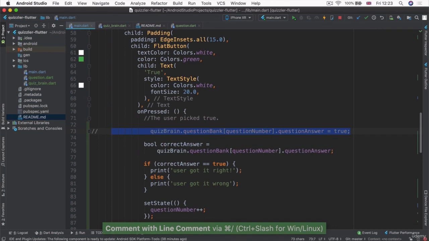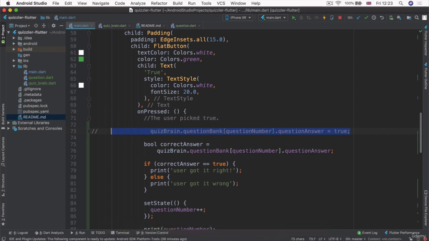Let's comment that out, and in the next lesson, we're going to learn how we can make our code a bit better and conform with the second pillar of OOP,